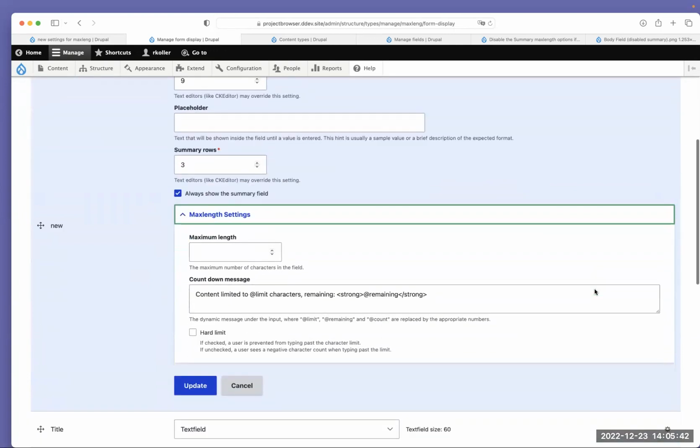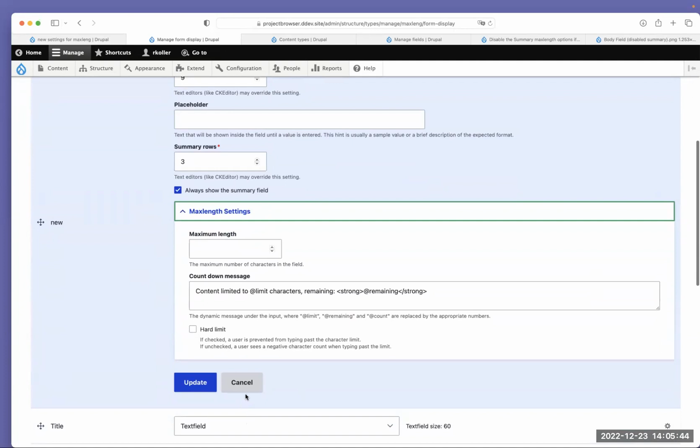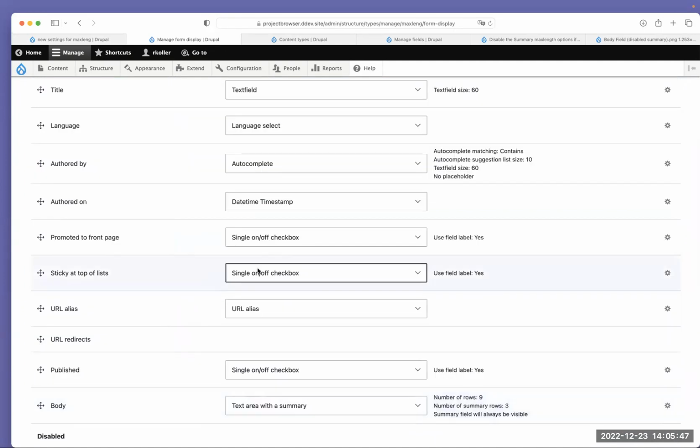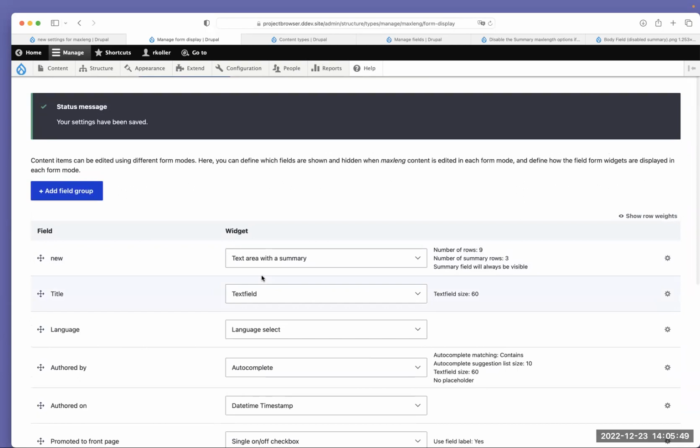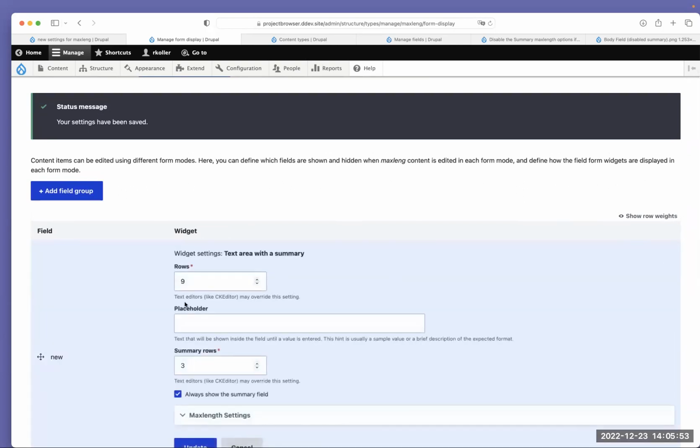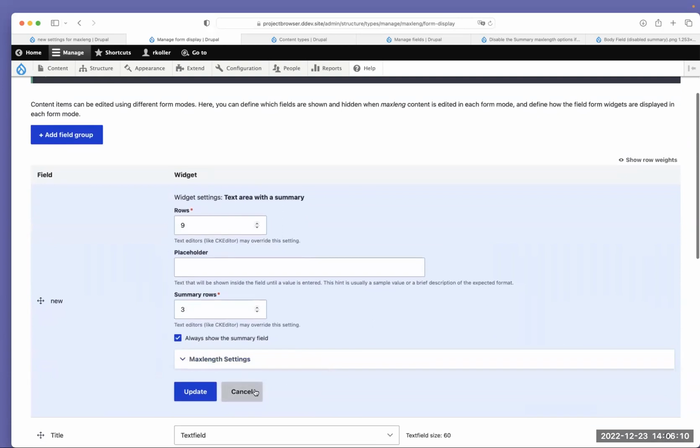So I've discussed that yesterday with Brandon at the Drupal Dojo in Austin, and my initial idea was maybe simply change the title from text area with a summary to text area with a deactivated summary or something like that, just to communicate that the summary is deactivated, and maybe hide the summary rows and that checkbox. But his suggestion was,